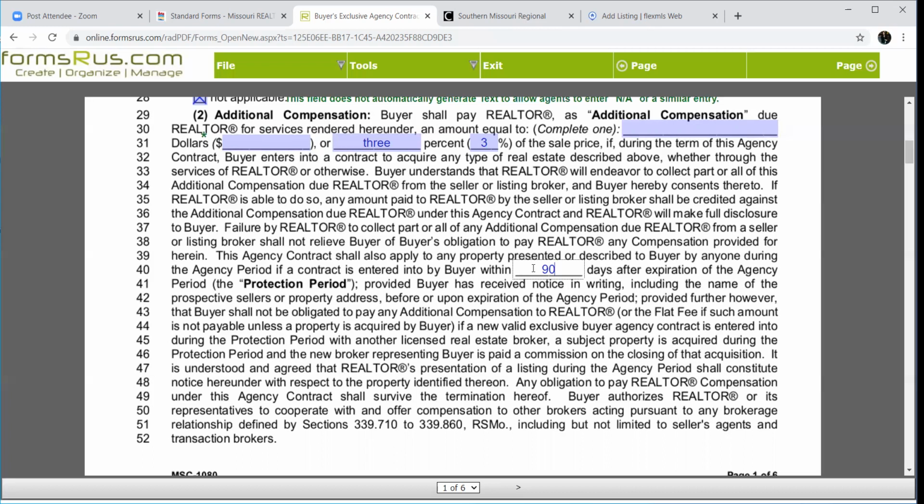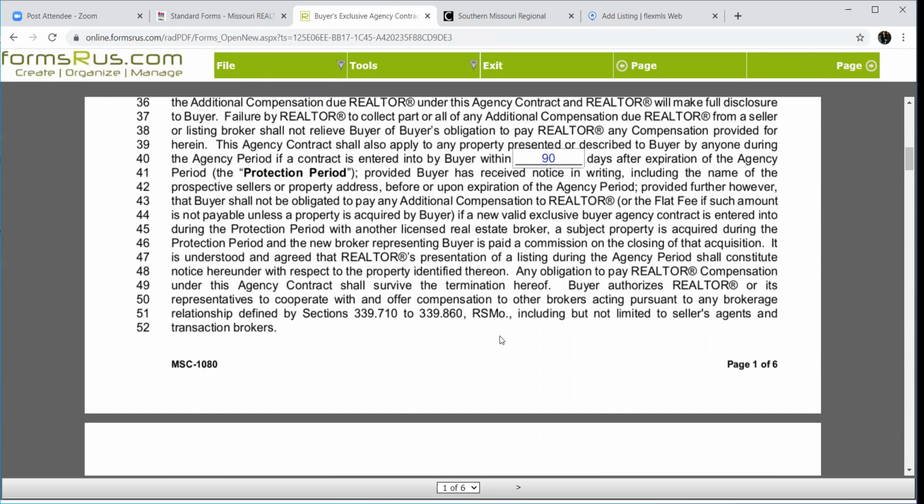Now, if my agreement expires today and I had shown my clients houses this morning and they had one they really liked and they hired you tomorrow, I'm not protected at all. As terrible as that is, that's the way it works. So as long as they don't hire somebody, you are protected, and then you're entitled to your commission. But as I said before, don't go opening a new bank account for all of the protection period money you're going to be making.